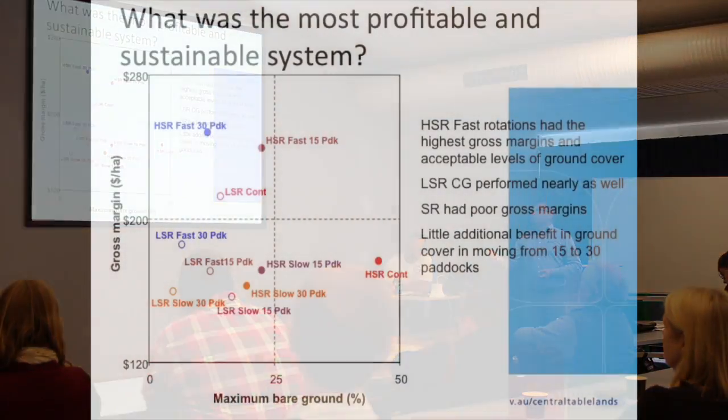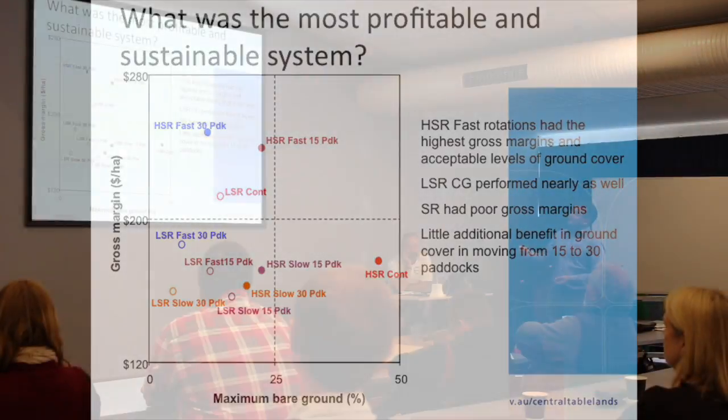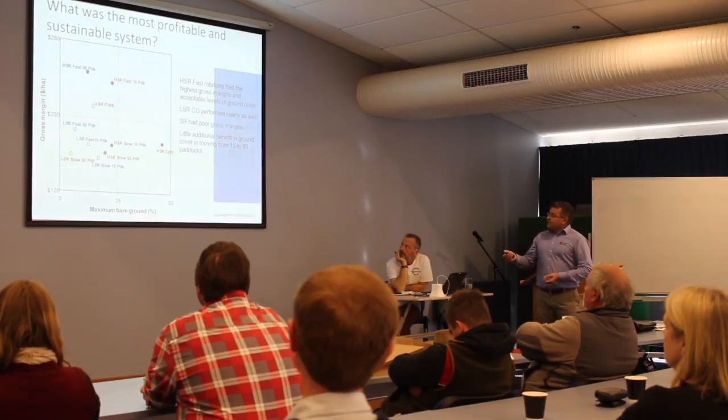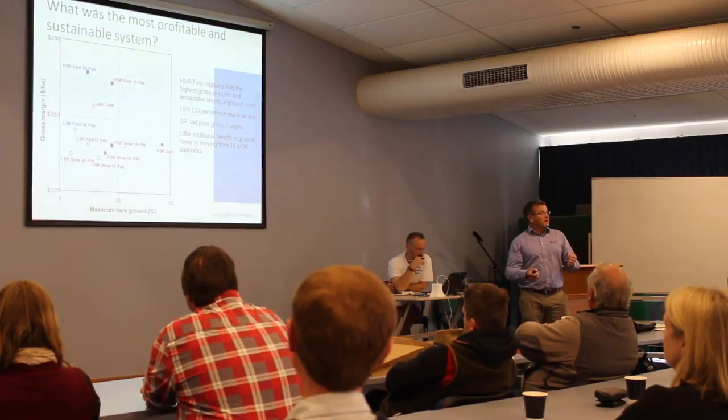And one of the systems that did quite well was the high stocking rate 30 paddock system. So we had two different stocking rates. One was 6 wethers to the hectare, the other was 12 wethers to the hectare. And profitability wise, and also reasonably quite good in the bare ground percentage, was the high stocking rate rotational system. But interestingly, the continuous graze system was quite good as well in profit and bare ground percentage. So it's not always about the grazing system that you have, it's a lot about the actual stocking rates that